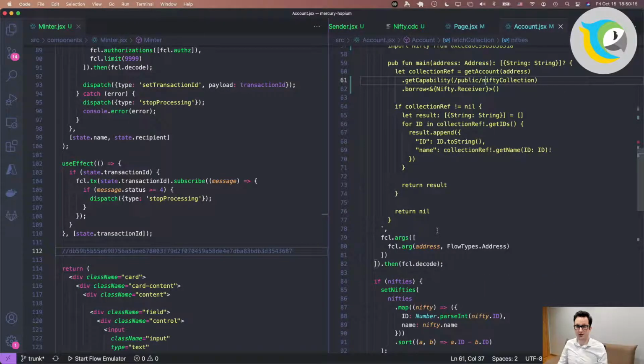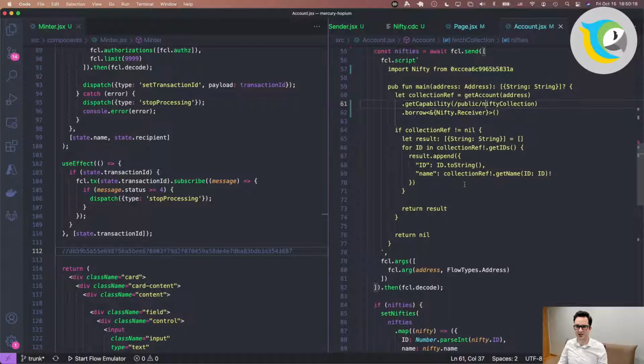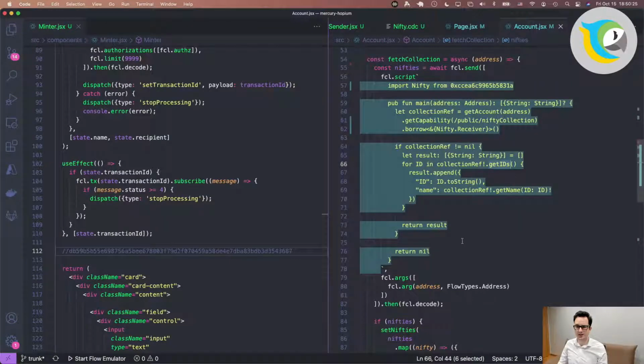An empty array is something, but: collection, a ref, get IDs, get name. So result is an empty array, and for every ID that we get, we try and get the name.